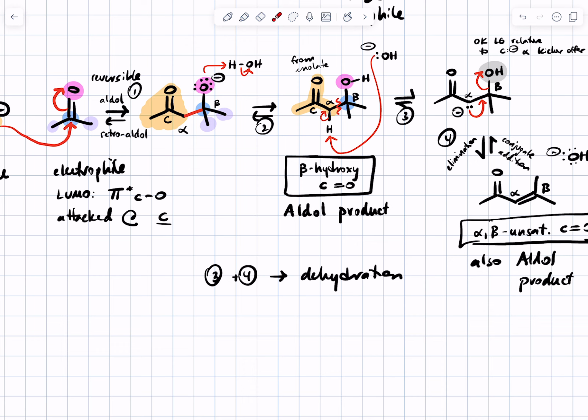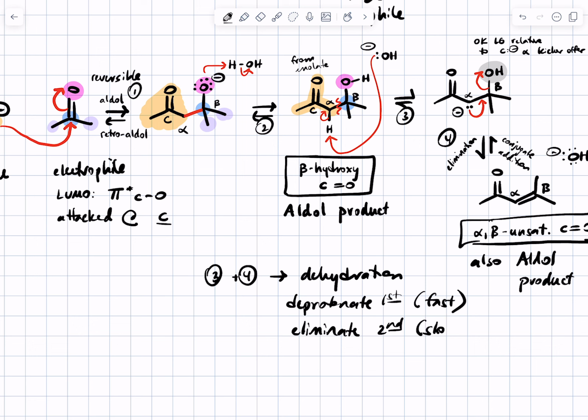Also notice what isn't happening in steps 3 and 4. We did not show the base removing the proton and then electrons kicking down and the leaving group leaving all in one step. That would have been an E2 mechanism, where a base removes a proton adjacent to the leaving group, a new pi bond forms, and the leaving group leaves all in the same step. Instead, we're doing something different. We deprotonate first, and generally we observe that that's fast, and then we eliminate second,